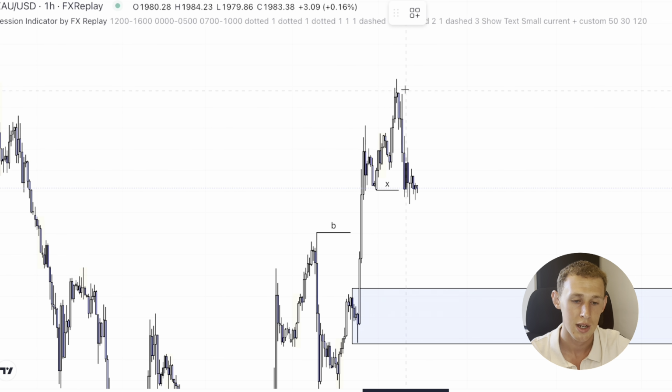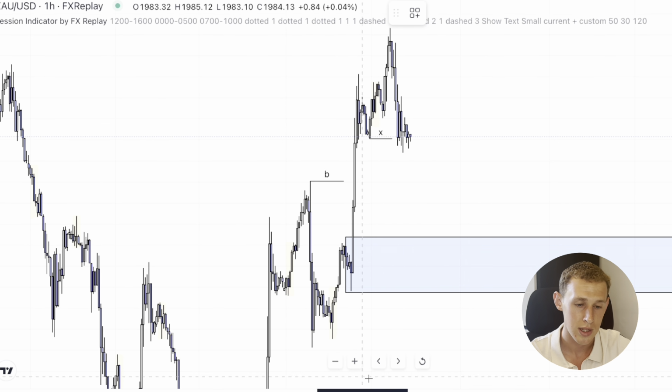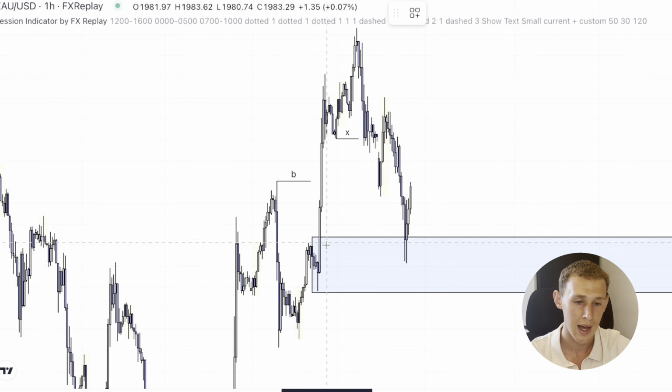What has caused me to see this as an area of liquidity that price is likely to take out before it continues to the upside is the fact that you had this big bullish move up and then price slows down and just consolidates in this one area. And then as you can see, eventually price does make its way back down towards that point of interest which we had previously identified. So all I'm looking for after price comes into this demand zone, which leads us on to step 3 in the trading plan,